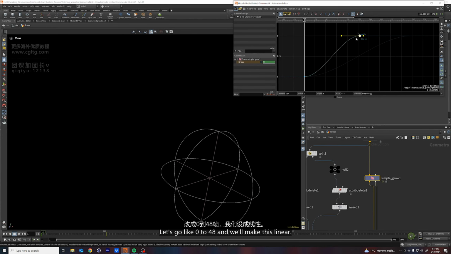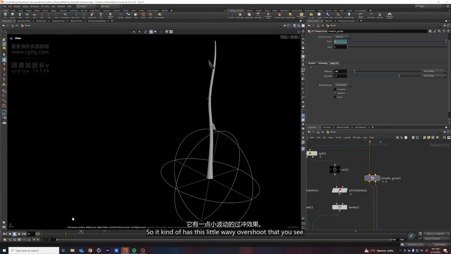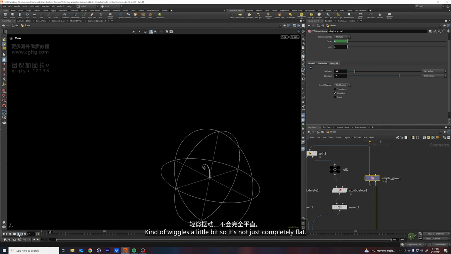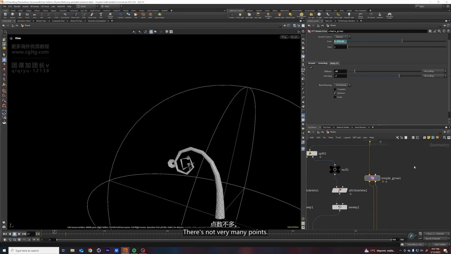Let's go 0 to 48, and we'll make this linear. Let's try that. There we go. So it kind of has this little wavy overshoot that you see. It wiggles a little bit, so it's not just completely flat. And of course, you can see this is kind of janky here. There's not very many